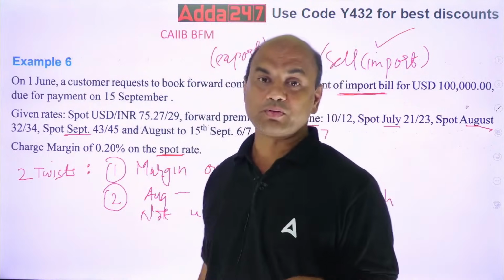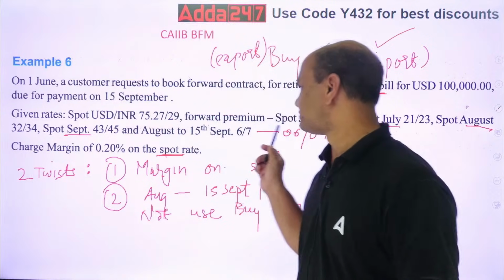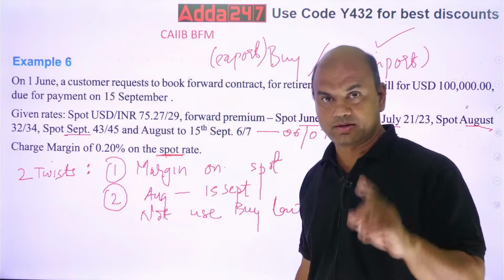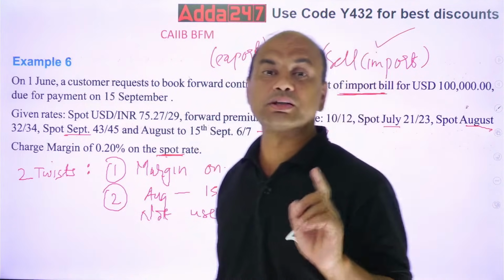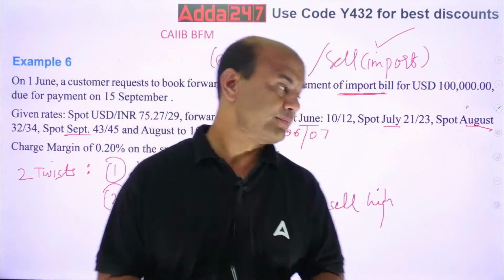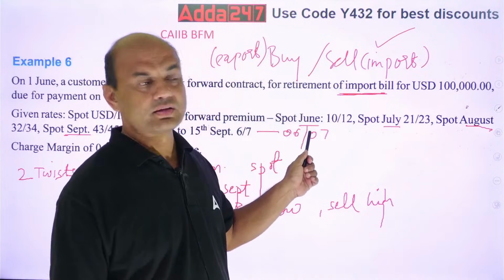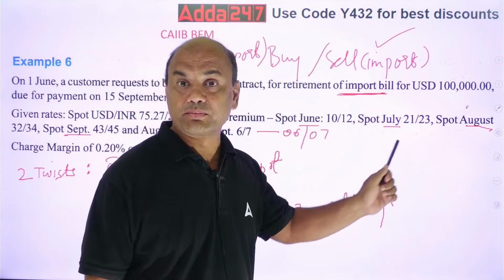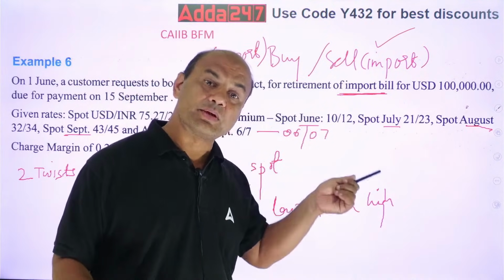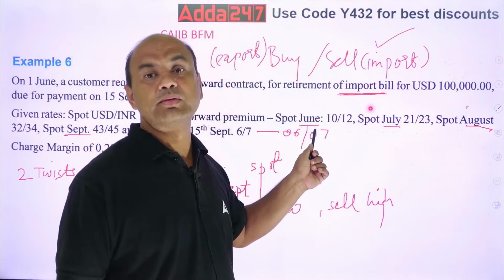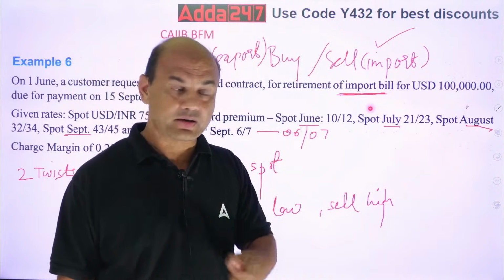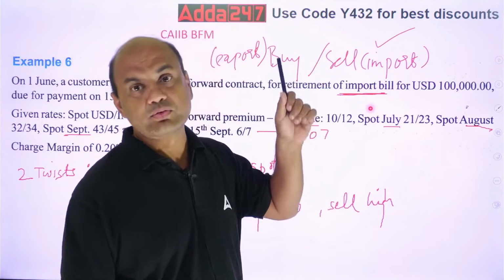Now one more question. Suppose I want the rate for 1st of July. Which rate will I take? See this, June end is given, July end is given. But where is 1st of July? 1st of July will be the earlier month. So June end will be equal to the 1st of July rate. Pay attention everyone, very important part. June end will be equal to the 1st of July rate.